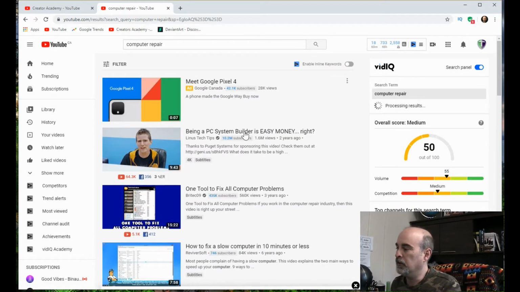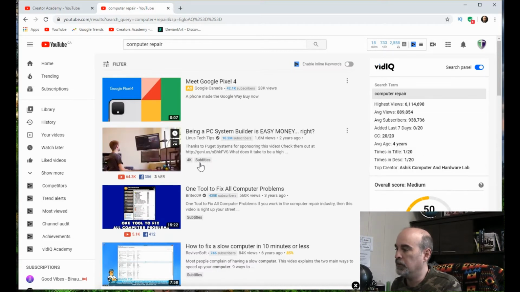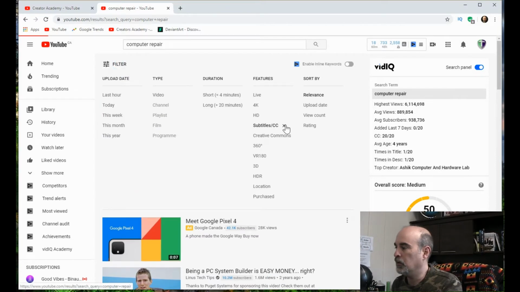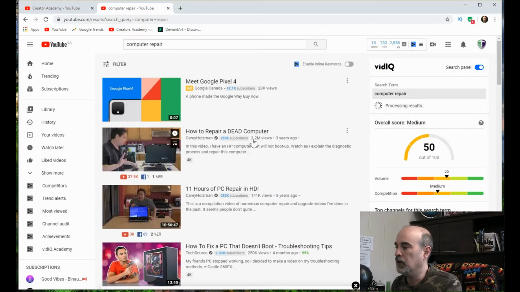So that's going to narrow it down. You'll see it says subtitles beside here. So we know that these videos are ones that have closed captioning set up for them. So it's really filtering out those other ones, so we're not going to see those videos that don't have the closed captioning turned on.